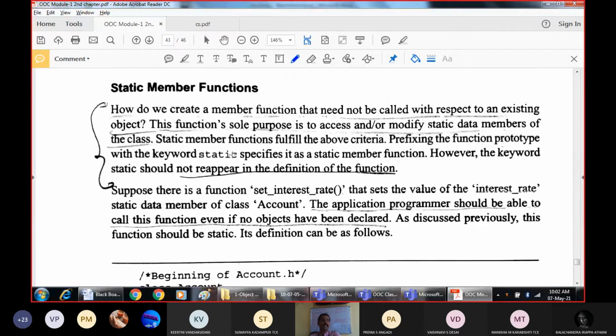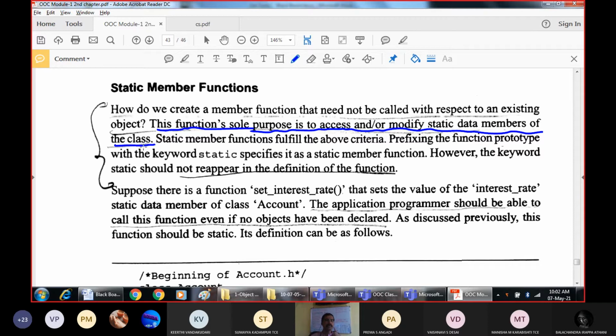So once we have static data members, we will also have static member functions. The static member functions are exclusively used for modifying the static data members. That means the function's only purpose is to access or modify the static data members of the class.